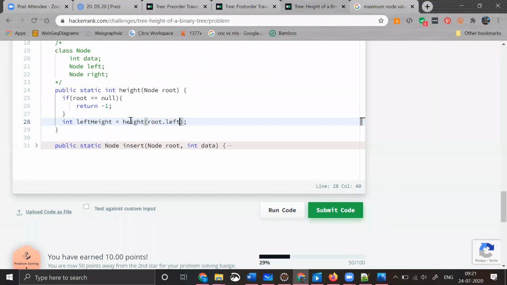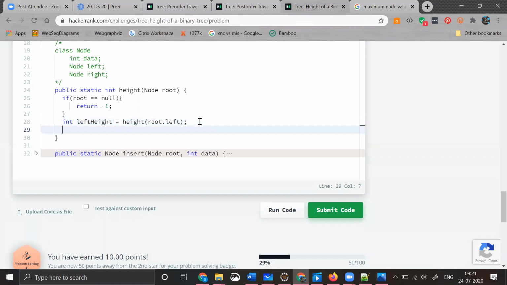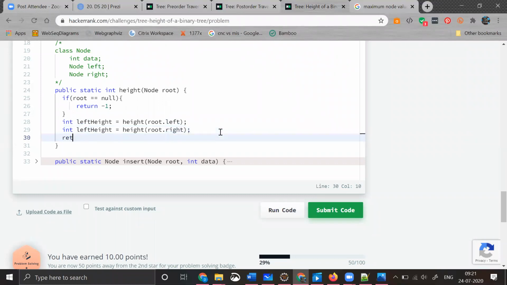Okay, so similarly, we want to take a right height, right? So I'm taking something like this, which is my right. Okay, so after that, I need to calculate return Math.max of. So I'm returning, I'm having two here. What is that? Left height,